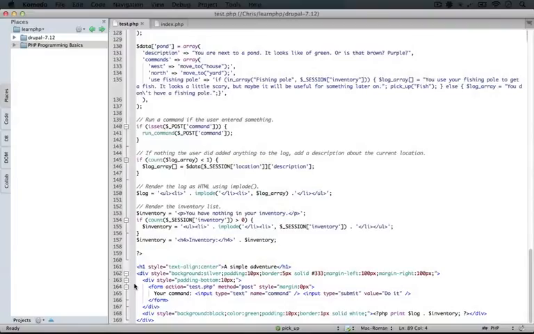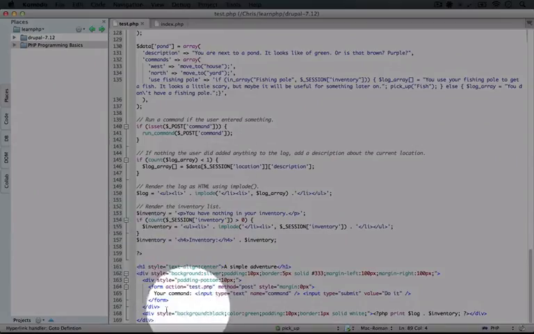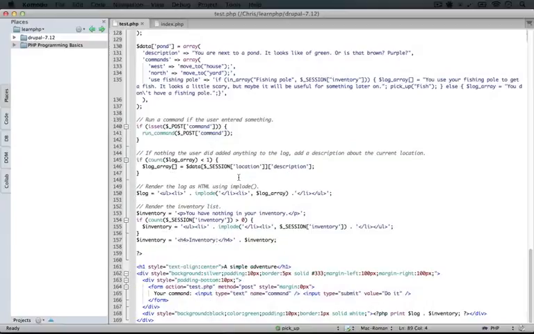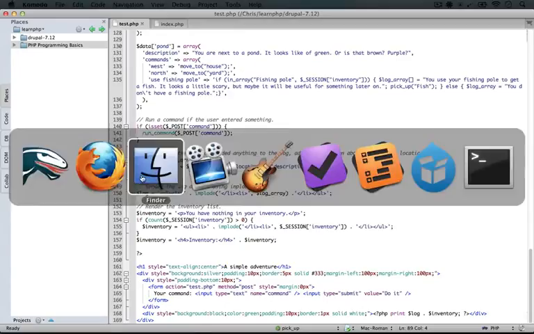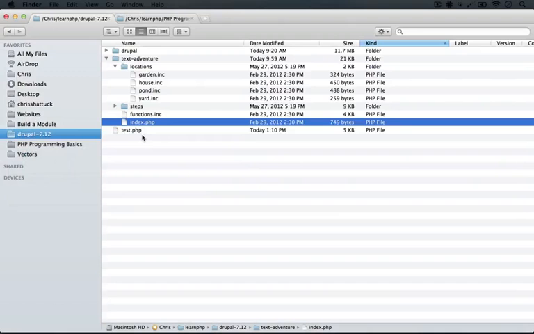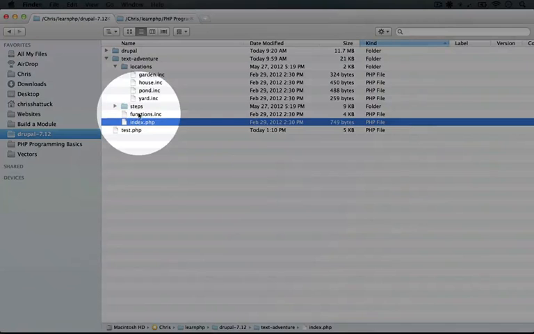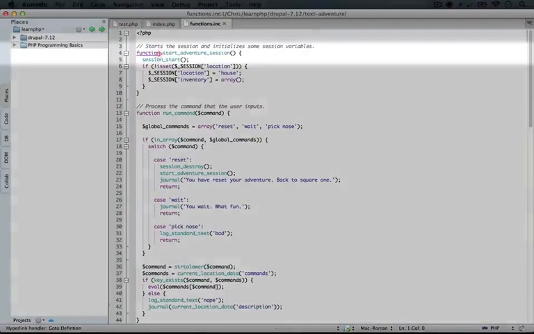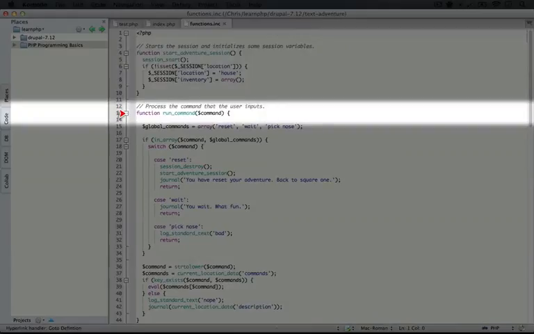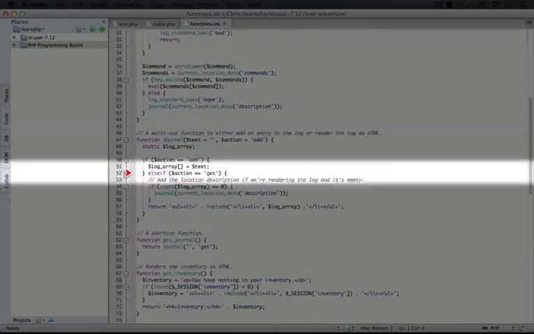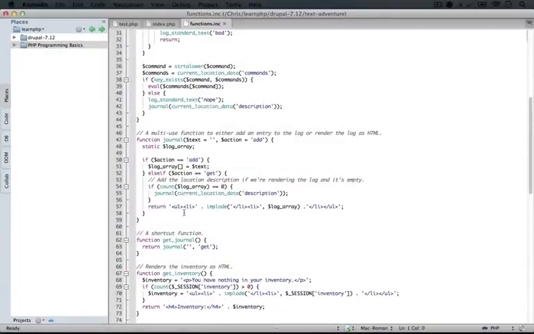Now in this updated version, what we've done is split out these different sections. So we just looked at the index.php file, which included basically this whole chunk right here. Next, what we're going to do is look at the functions.inc file, which includes the function declarations and nothing else. So if we go ahead and jump to our examples directory and we open up the functions.inc file, you'll see as we scroll down that we have several functions here. I'm just going to keep scrolling. And there's no actual code outside of the functions.